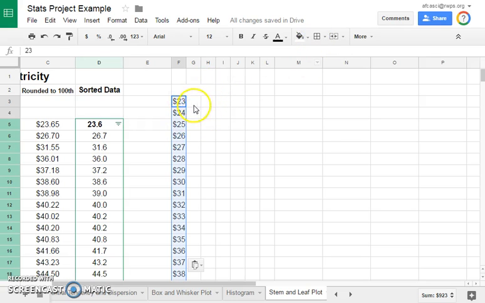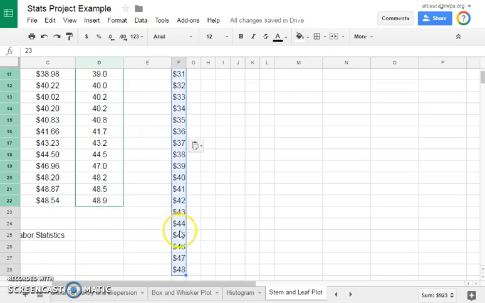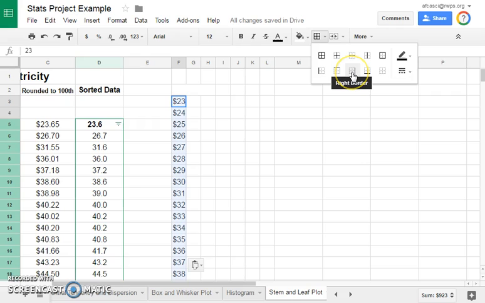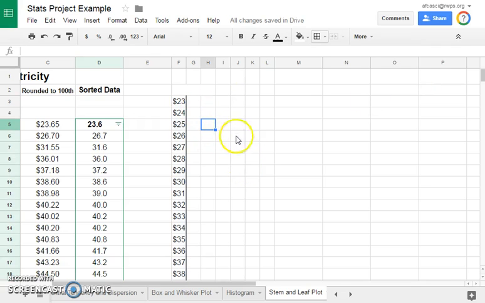Okay, so the next thing you want to do with this data still highlighted is come up here to these borders, and then select just the right border. You can change the color if you want, or you can make it dotted, but we want a solid border there. Okay, so now this is all of the